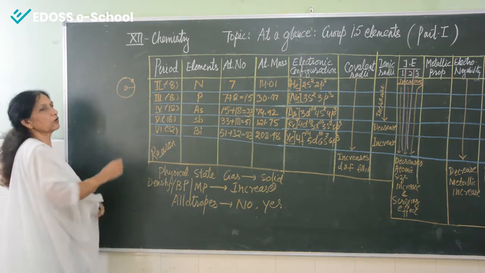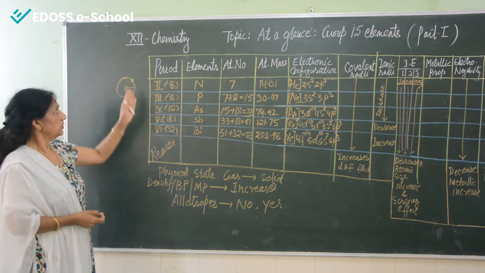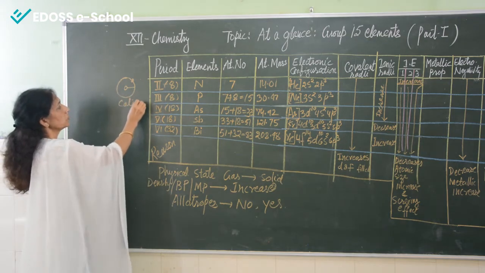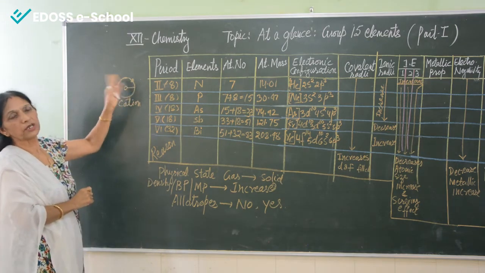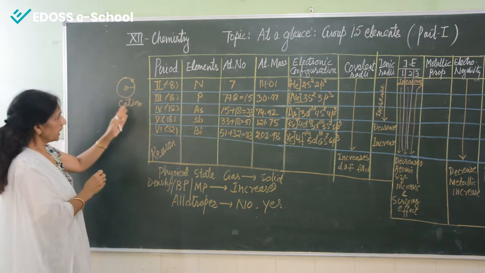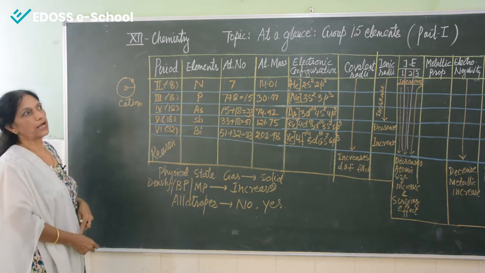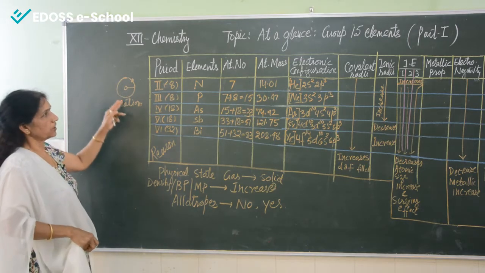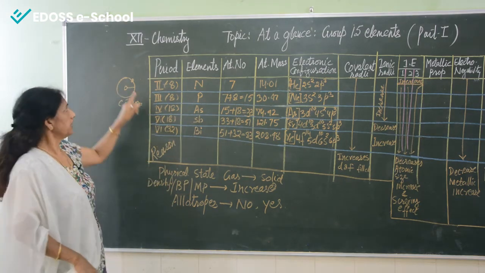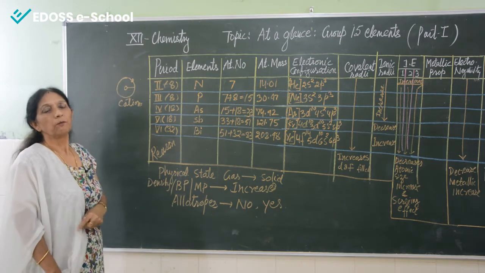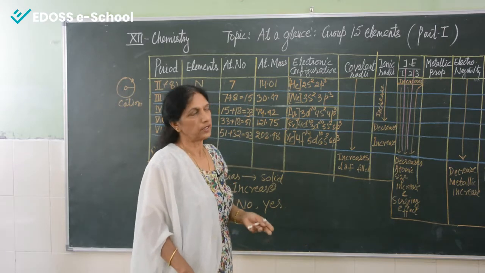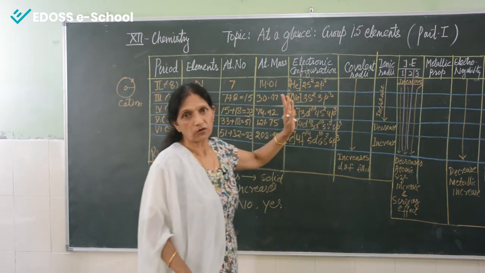Now if this electron is lost, okay, meaning a metal forms a cation, what will happen? This electron will be given out. After that, when it forms a cation, then that radius will be known as its ionic radius. So this is the difference between covalent radii and ionic radii. In covalent radii we can see that the valence electron is present, but in ionic radii this valence electron is donated. In case of metals we are talking.